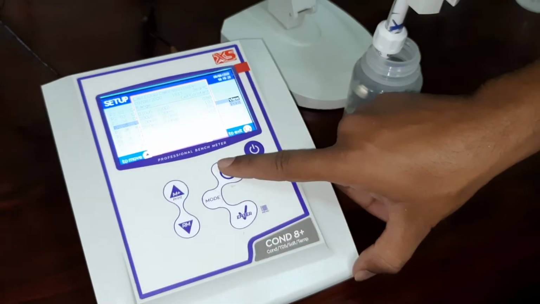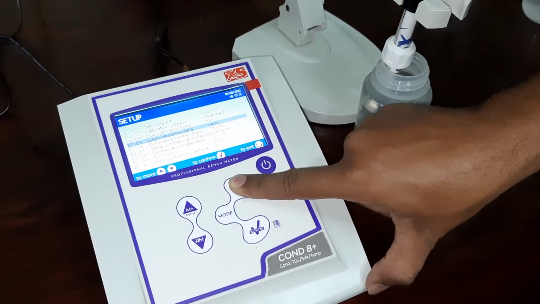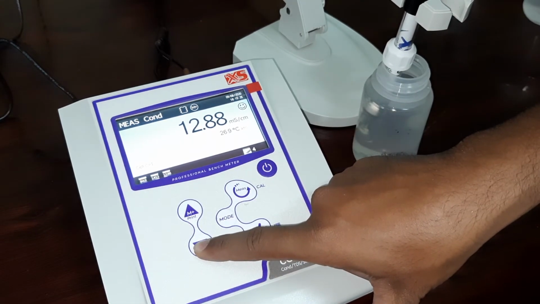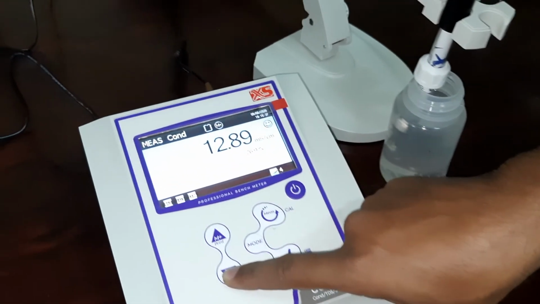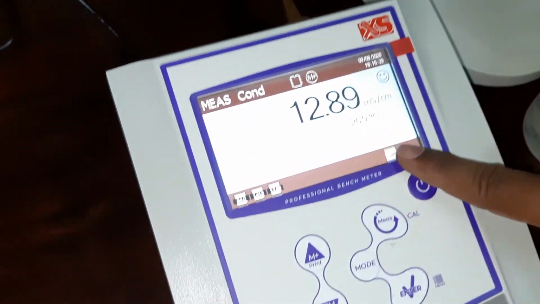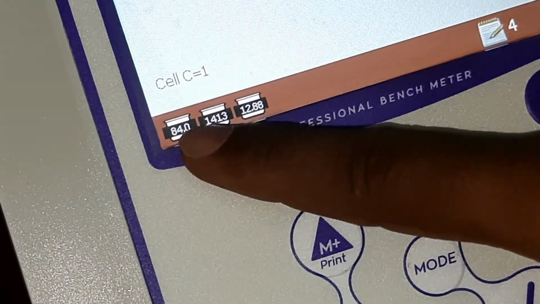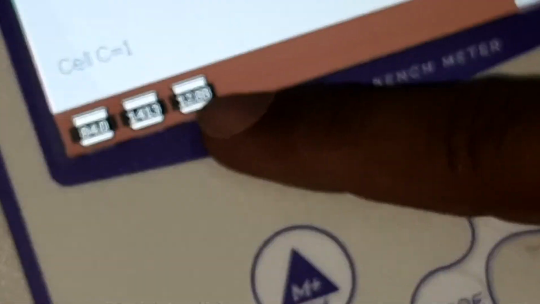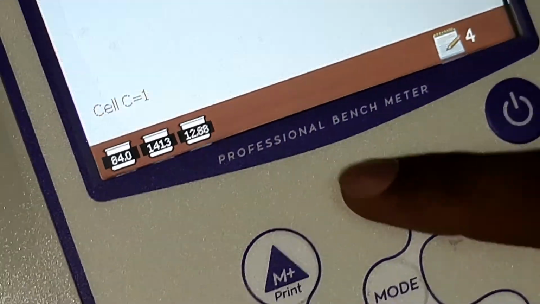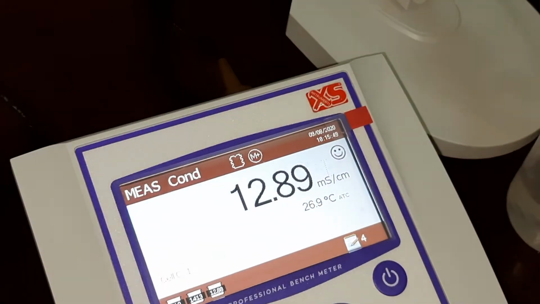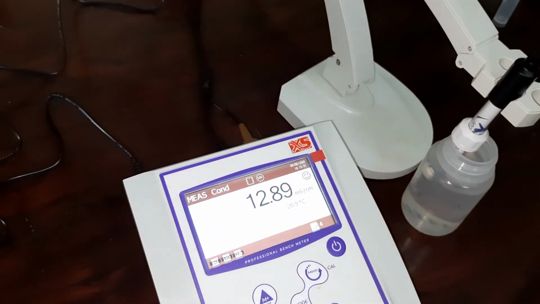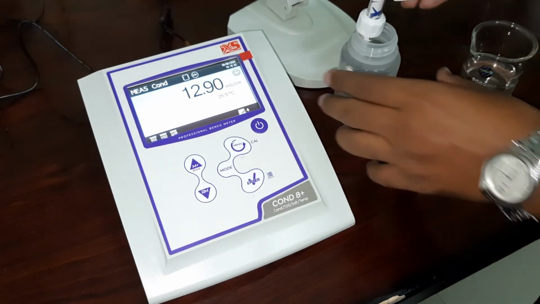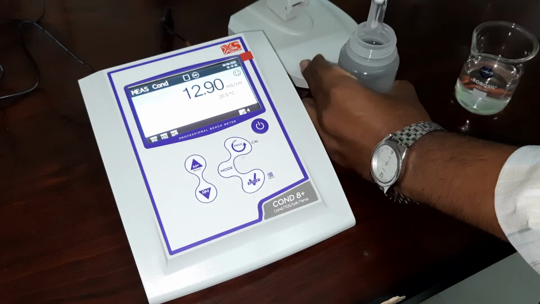Okay. 84, 1413. We have calibrated with 84, 1413 and 12.88 millisiemens. Okay, now the instrument is calibrated with 3 buffers.